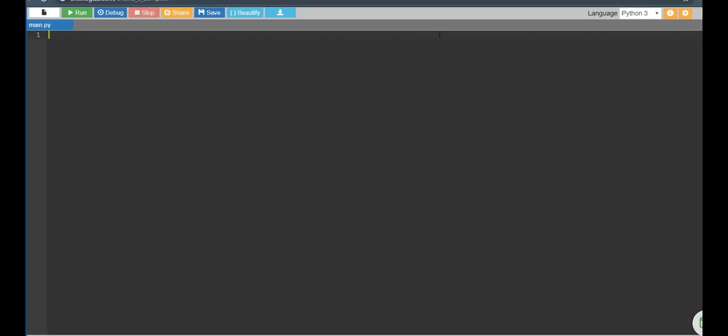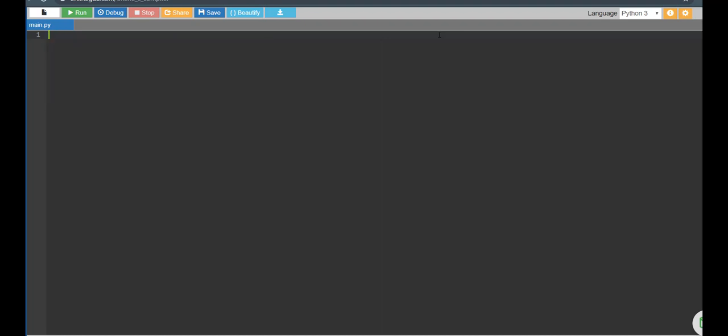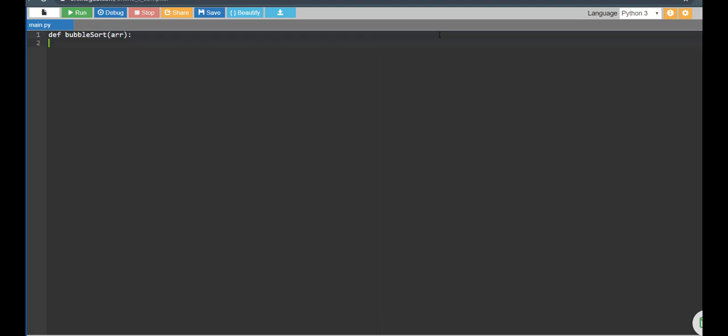Let's try it using Python. Let's define a function bubble sort. Def bubble sort. We need to pass the array here. Here we are going to calculate the length of the array using the len function.